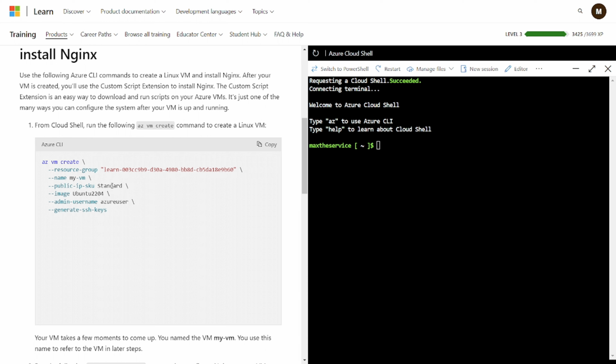And the public IP is standard, okay, provided by your cloud environment. And the image actually is Ubuntu, okay. So you are going to use the Ubuntu operating system for your virtual machine. And here is the admin user, the Azure user as well, and generate SSH keys. So it will generate SSH keys so that you can later log in with those SSH keys. If I run this example,